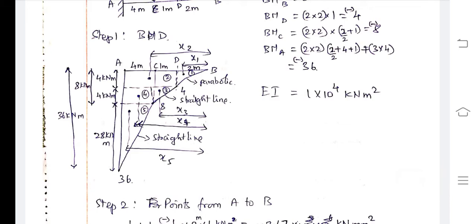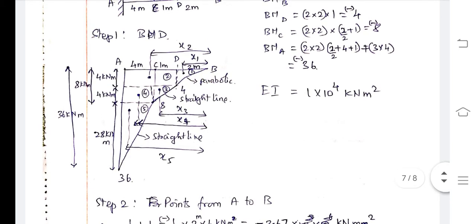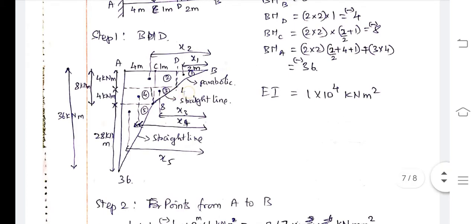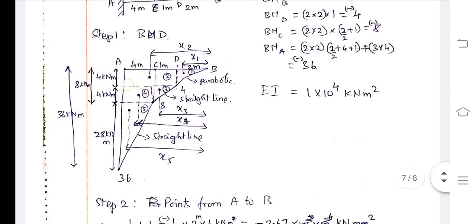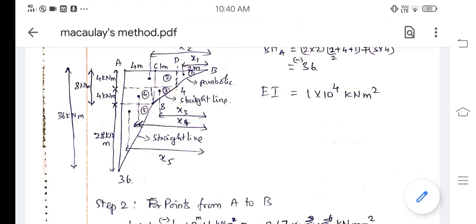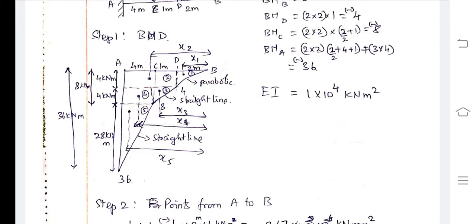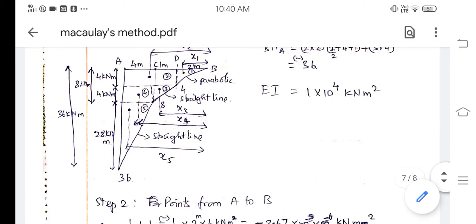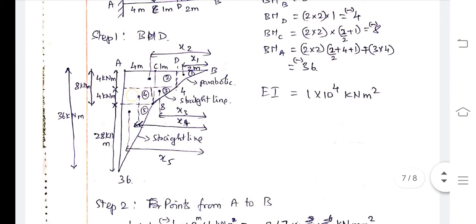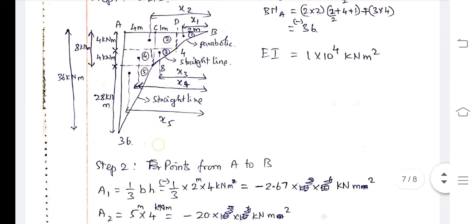Now I am going to divide this into 5 shapes. So from B to D it is one parabolic triangle shape. Then this rectangle is AD into height of 4, and then this inclined line is divided into a triangle here, third point, and the fourth area is a rectangle, and the fifth area is a triangle. You can see that there are two triangles, two rectangles, and one parabolic triangle. Okay, so these are the 5 shapes.